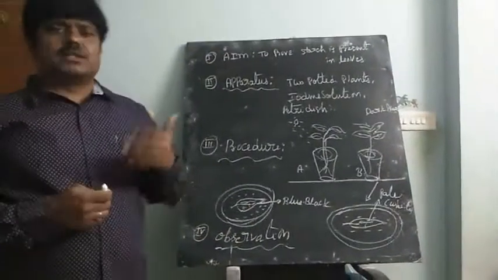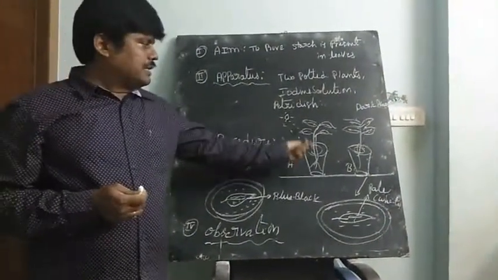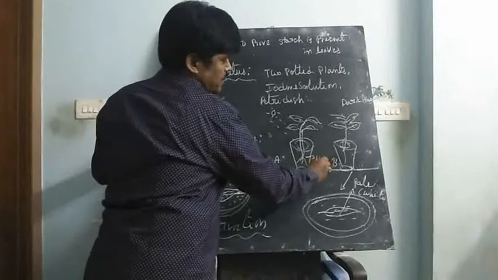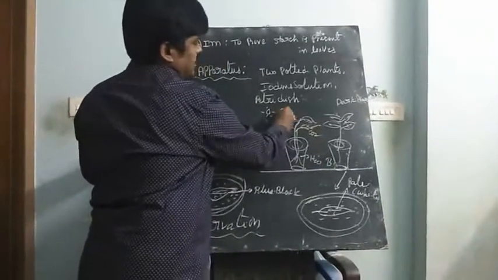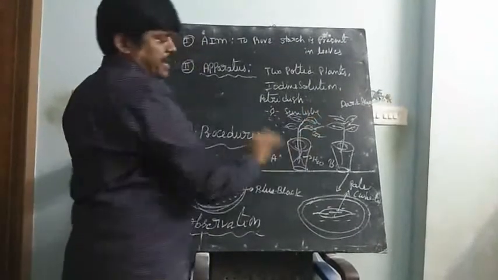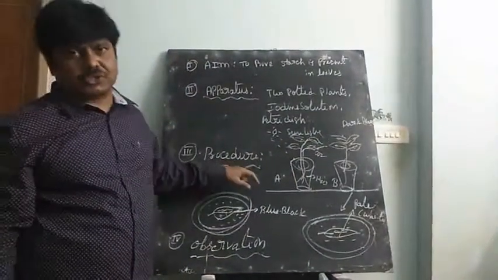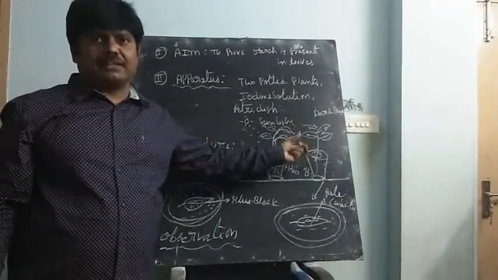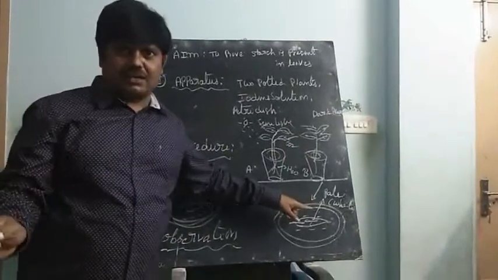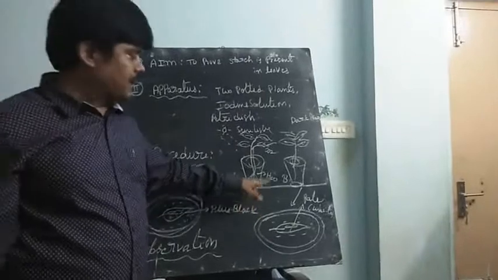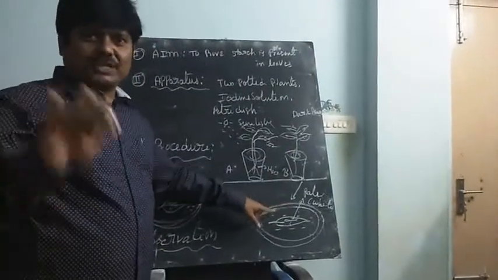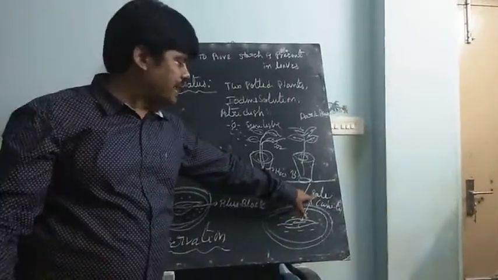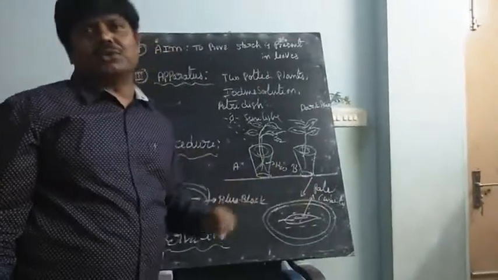So the reason is, when this potted plant gets water, H2O, and CO2, and sunlight, it prepares glucose, which is stored as starch. But without sunlight it can't. The chlorophyll is not receiving sunlight, so photosynthetic activity does not occur, and that's why starch is not prepared. So without starch, when the leaf is drawn into the iodine solution, it does not change into bluish black; it stays pale, white in color.